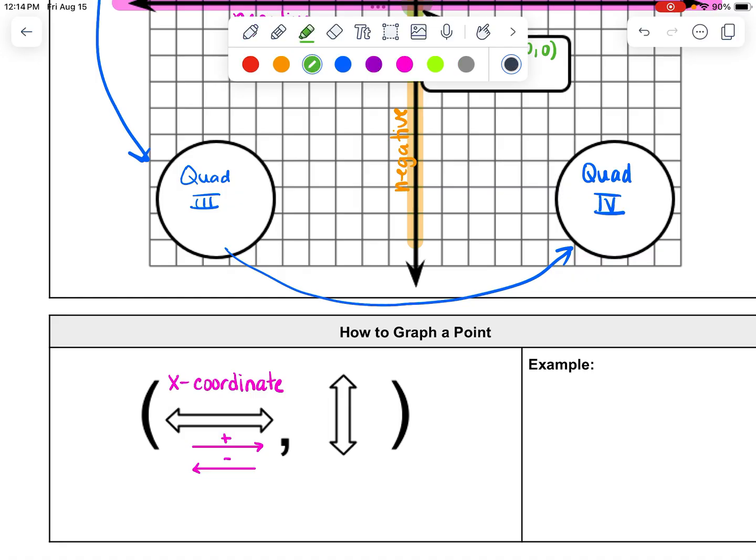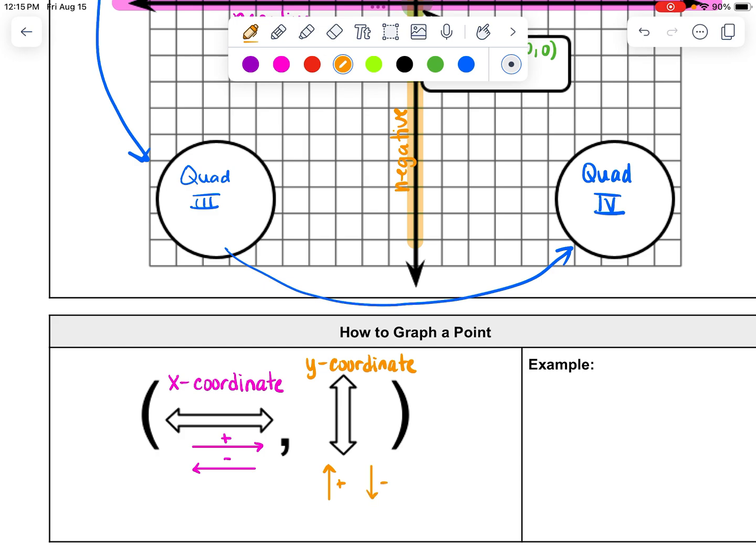The second number in an ordered pair is what's called a y coordinate. And it tells us to either go up or down, depending on if that number is positive or negative. We're going to go up if the number is positive, and we're going to go down that many spaces if